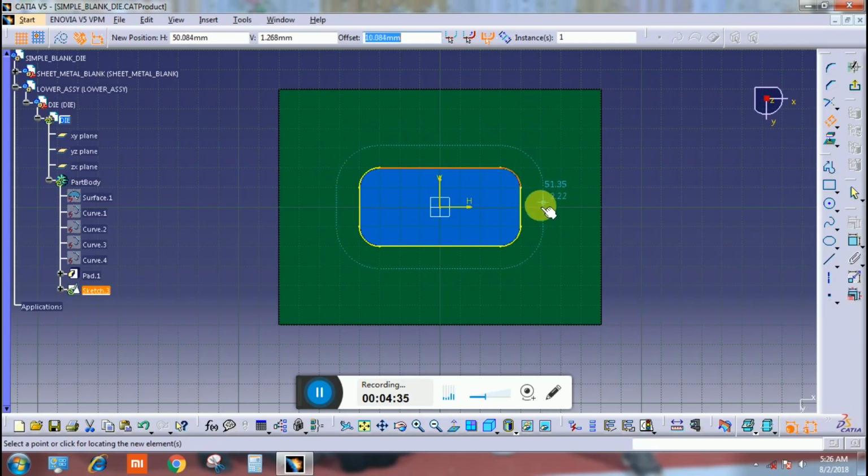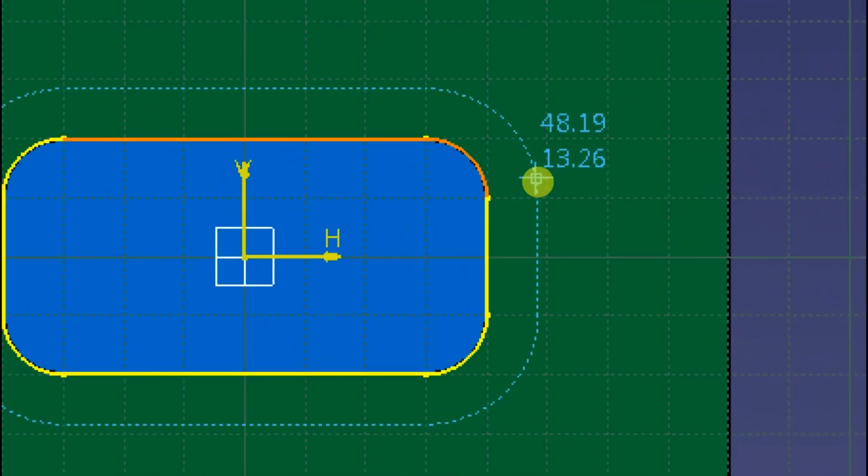So give only 1 mm all over profile side. Type 1 here. Enter. Okay.